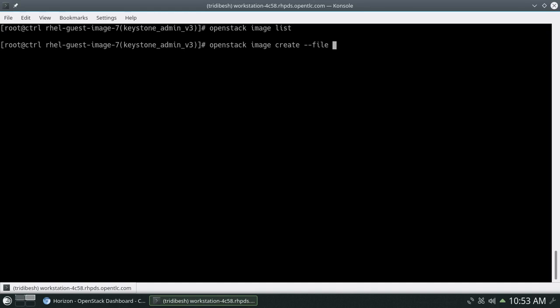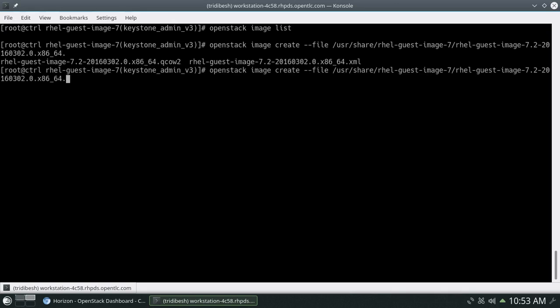That's --file /usr/share/rhel7-guest-image/ and the file name .qcow2.